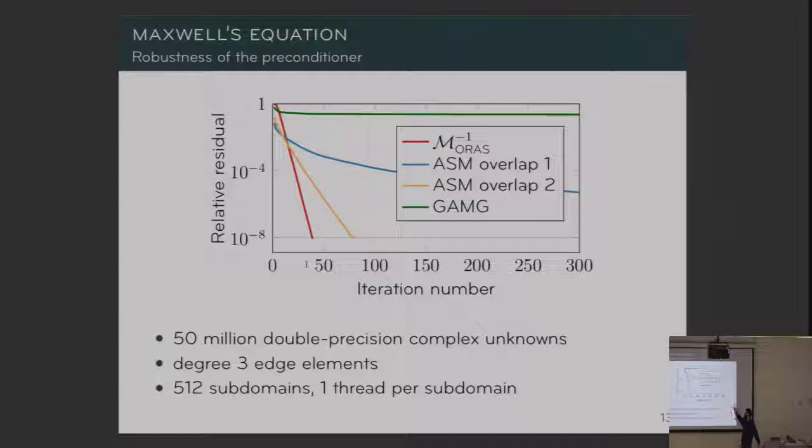And for ASM with one or two levels of overlap, it's done inside PETSc, and it's rather costly because of the high degree of the finite element kernel. It's not cheap to just add one level of overlap because you have a lot of dependencies. I think there is something like 200 non-zeros per row. So if you want to just add overlap, it can add up.